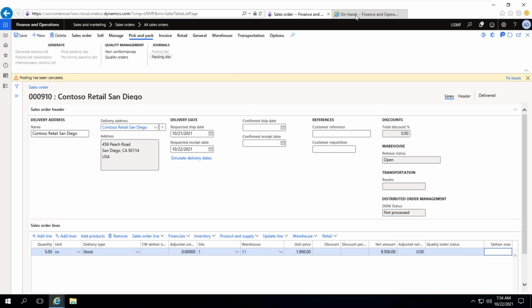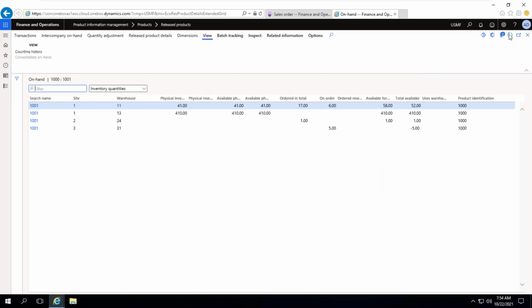If you verify on hand inventory, now if you refresh, then it will become 35. Sorry, 36. 41 minus 5, 36. Clear?